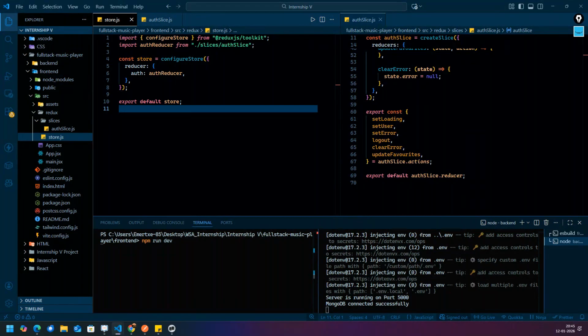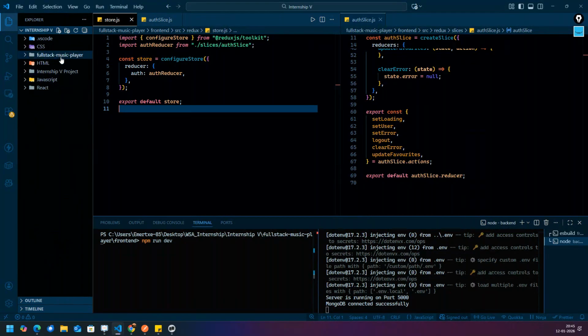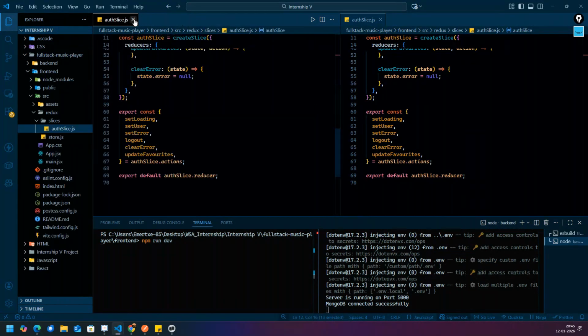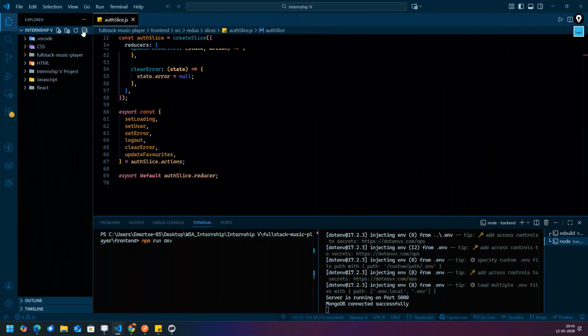Meanwhile, let's write the side menu, guys. Let's work on the UI part a little. Let's close everything over here.